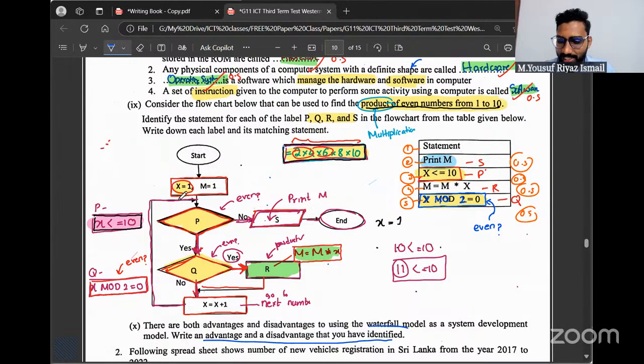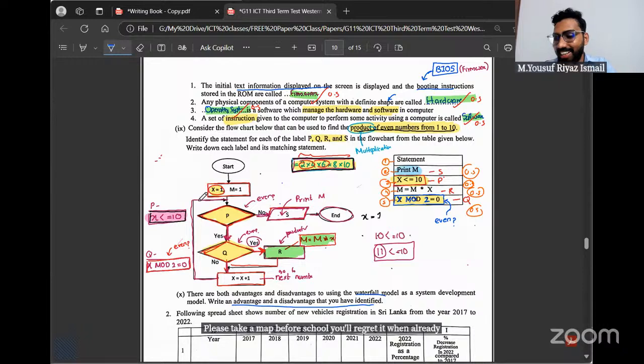The corrections upset them. Please make a paper for our school. You already regret it. I already made it for their school and they regretted it. But again, a new teacher came and she made the paper stupider than mine. Mine was proper. It was hard. This paper is stupid. From the lesson which is worth 1 or 2 marks, they put a 10 marks question.